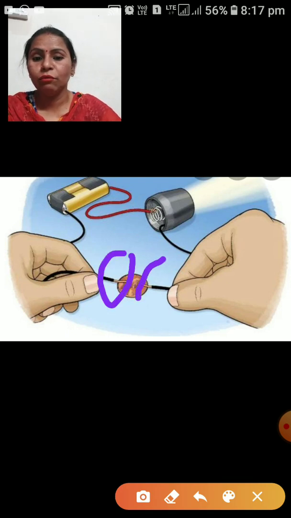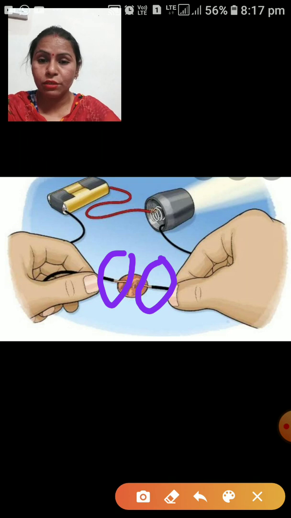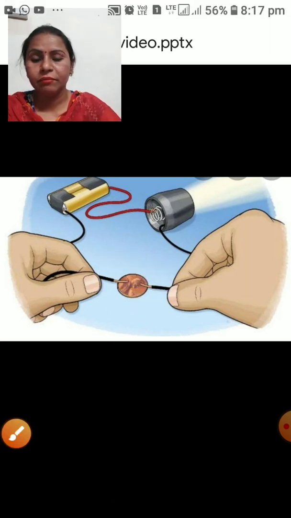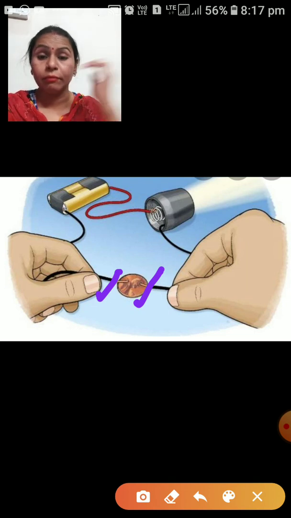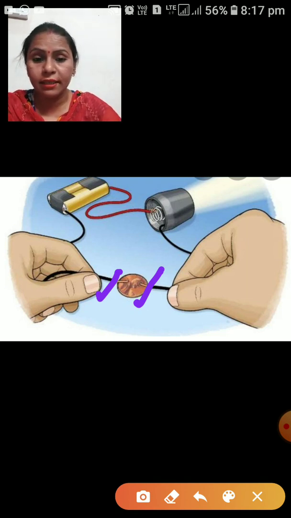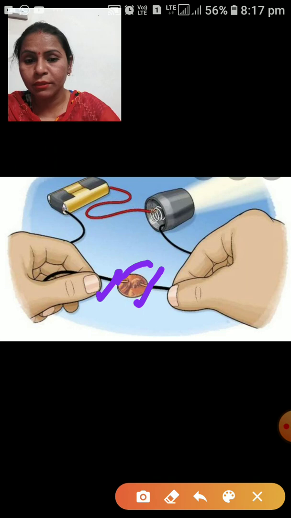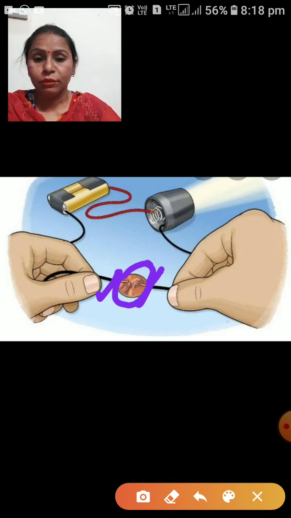We are taking the two free ends of wire. These two free ends of wire we have to touch with different materials. Here you can see we have these two end points, open ends, and when we want to see whether the bulb is glowing or not, we have to close the circuit. So how are we closing this circuit? By touching these two ends of wire with this metal coin. You can see here, when we touch these two free ends of wire with this metal coin, the bulb is glowing. You can see the light here.